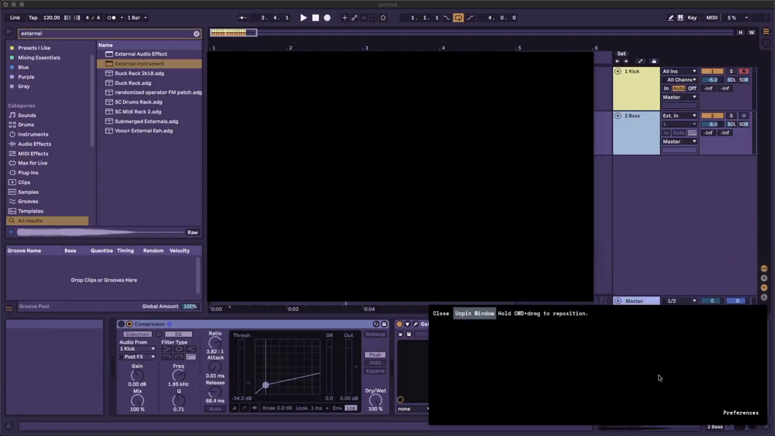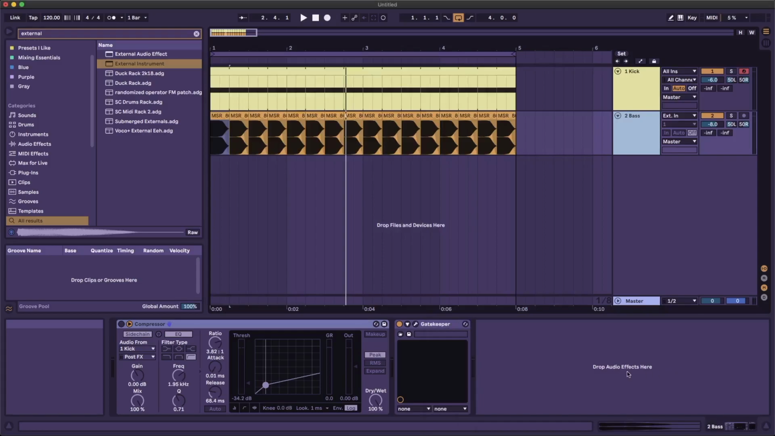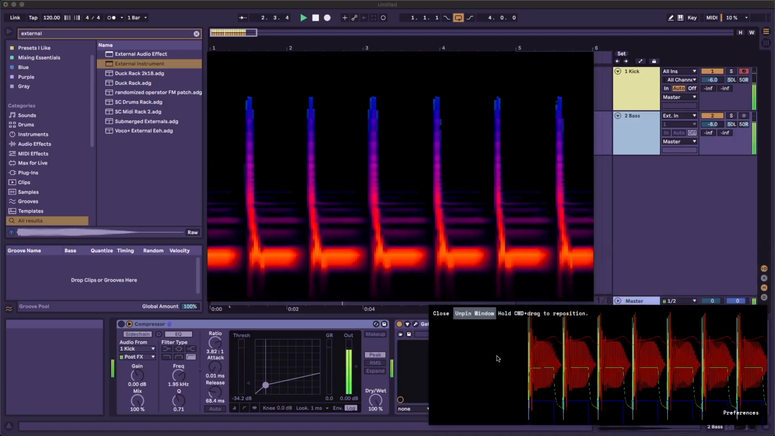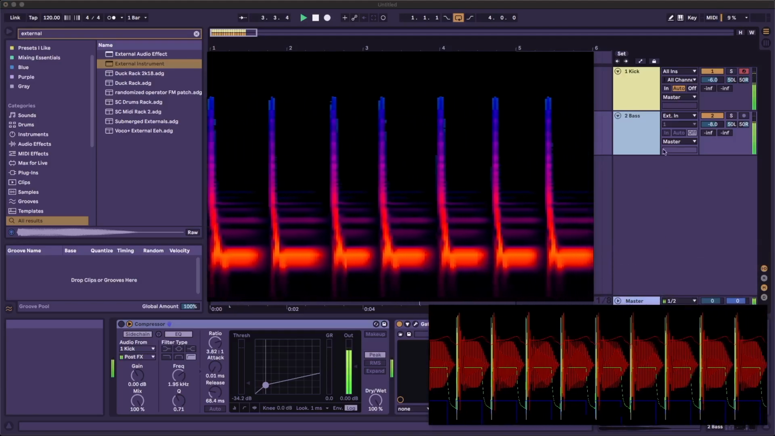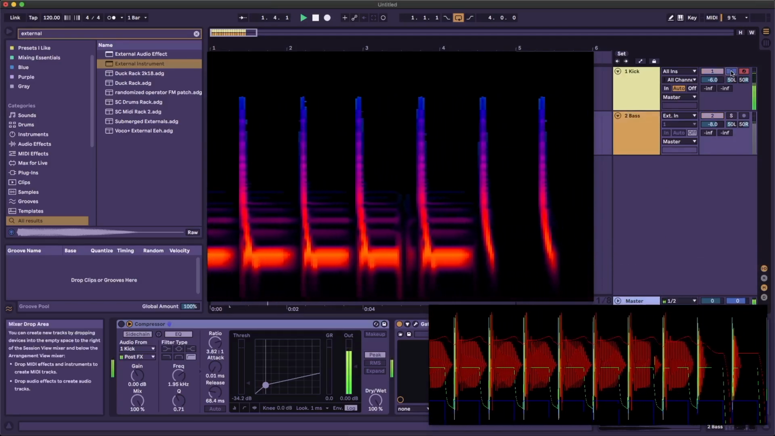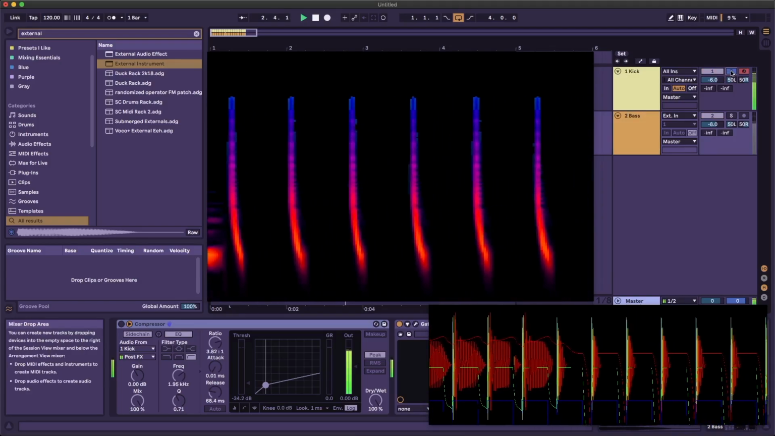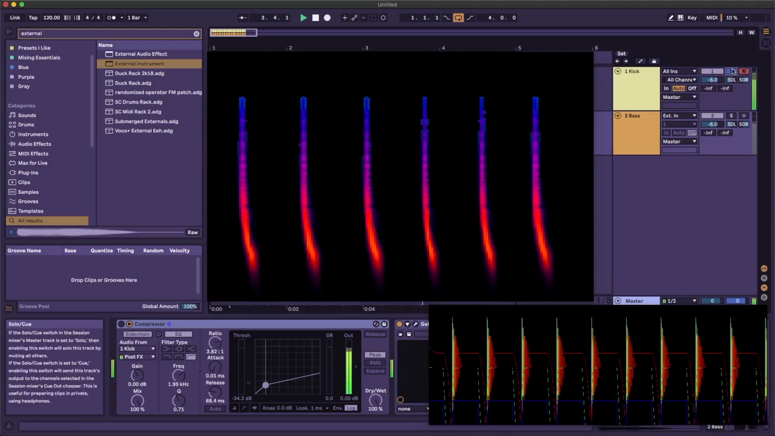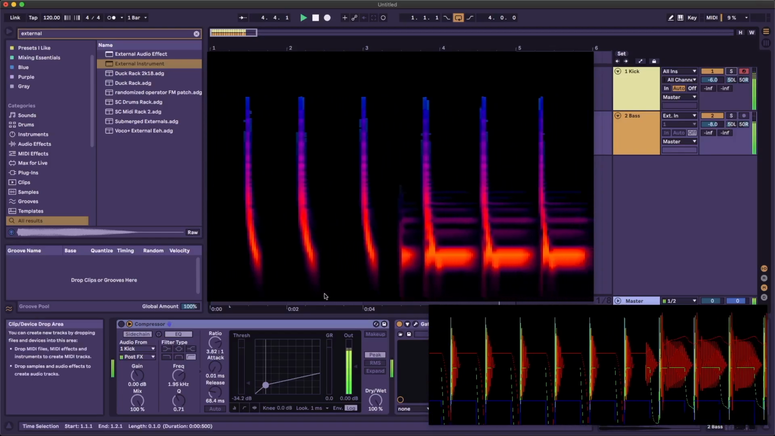I have a kick drum and a bass line. If I pull up an oscilloscope and a spectrogram, we can see that when the kick and the bass play at the same time, the bass frequency range gets a little weird. If you're listening on headphones or good speakers, you'll probably hear that weird flabbiness that's characteristic with an incoherent bass